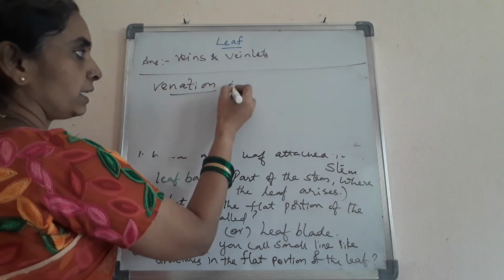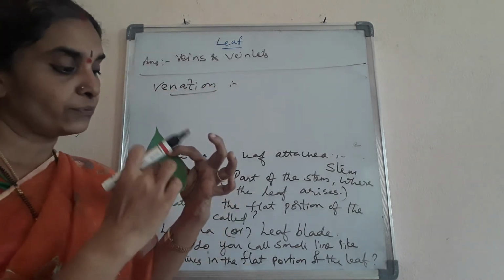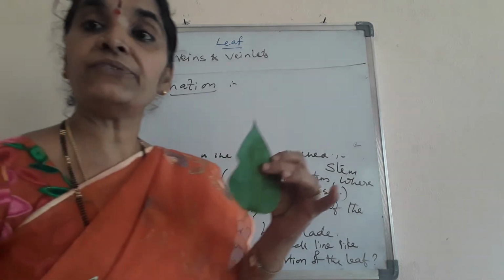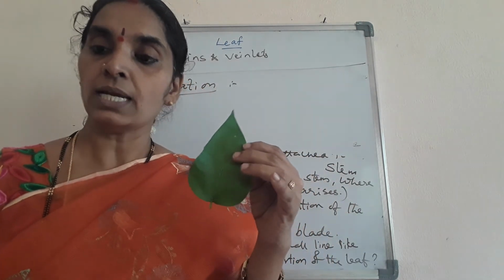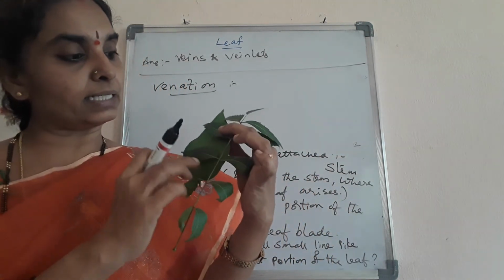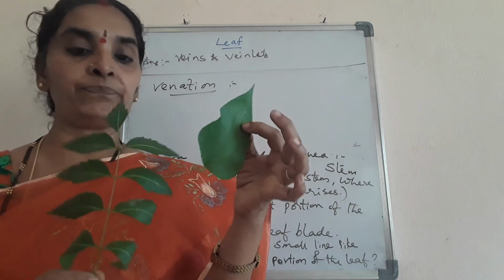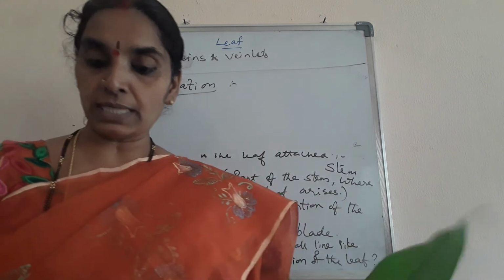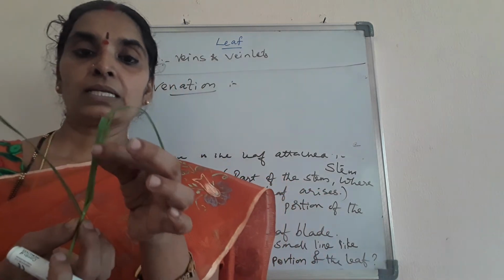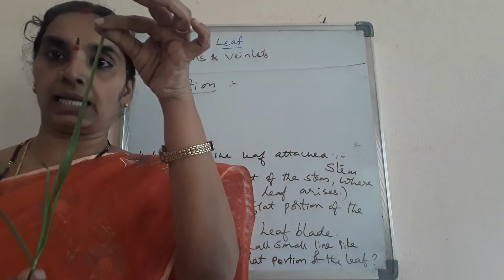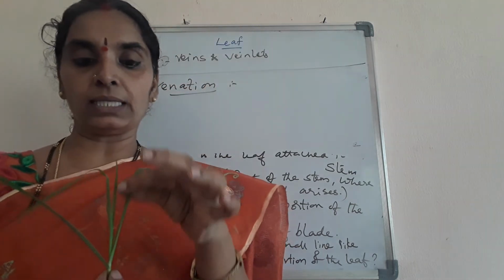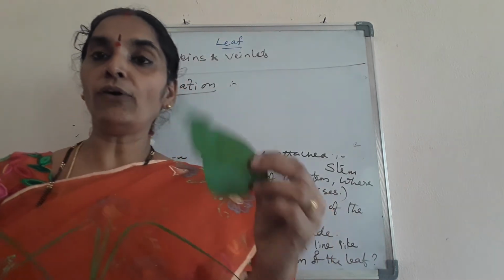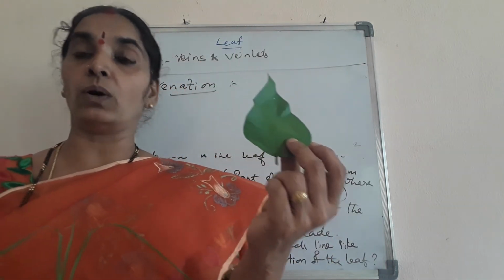Venation. What is venation? The arrangement of veins and veinlets over the leaf lamina. It may be different for different leaves. You see here, children, some are like this, like a network-like structure, as in neem, or in this night flowering jasmine, or in the mango. If you see the leaves of the grass, you can see that they are parallel. The veins are arranged parallelly to one another. They are not like the network arrangement as you have seen in the leaf of night flowering jasmine or neem or a mango.